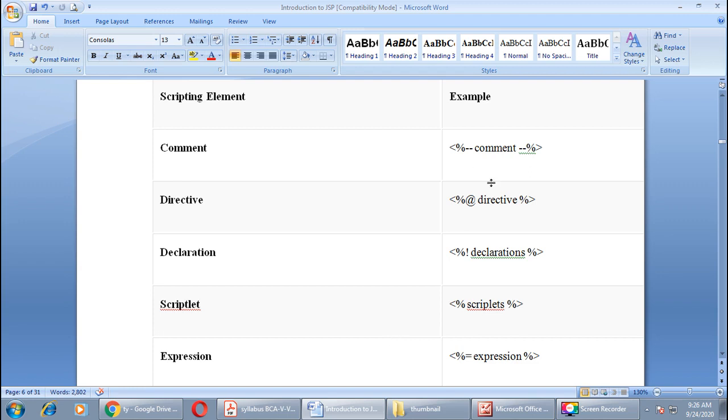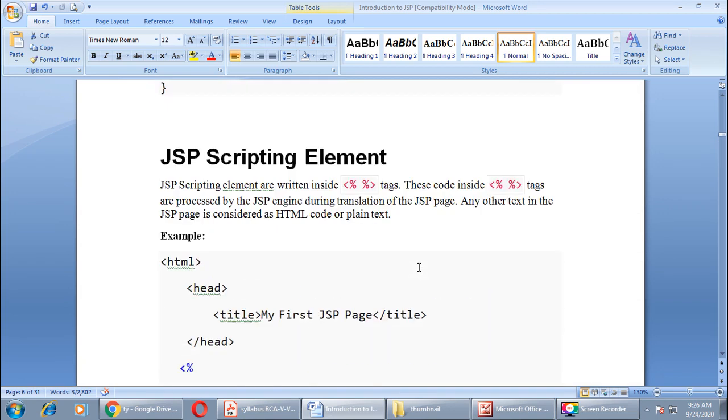In the second column, the example of each scripting element is given. Here you can see the example of comment, directive, declaration, scriptlets, and expression. Okay, so how to use these elements in a JSP page, that you can see here.